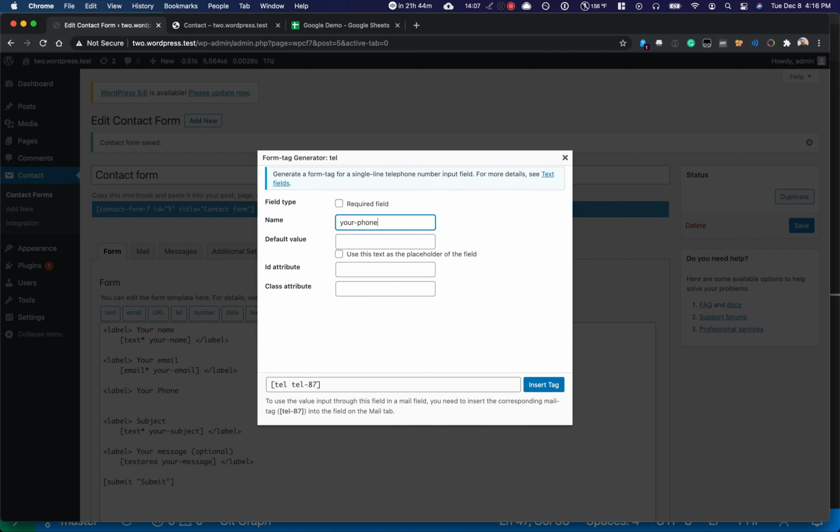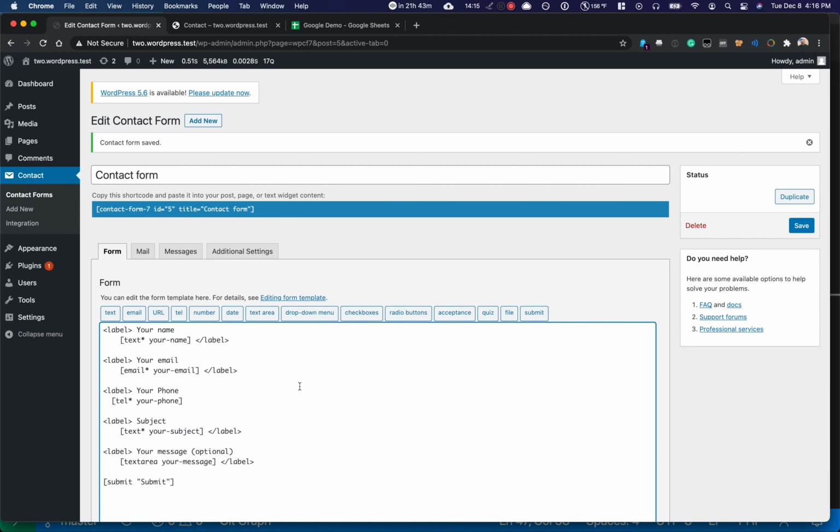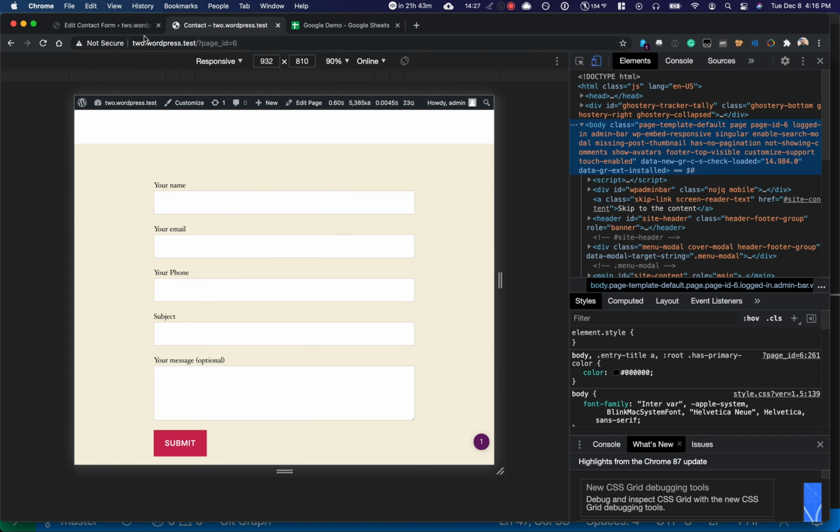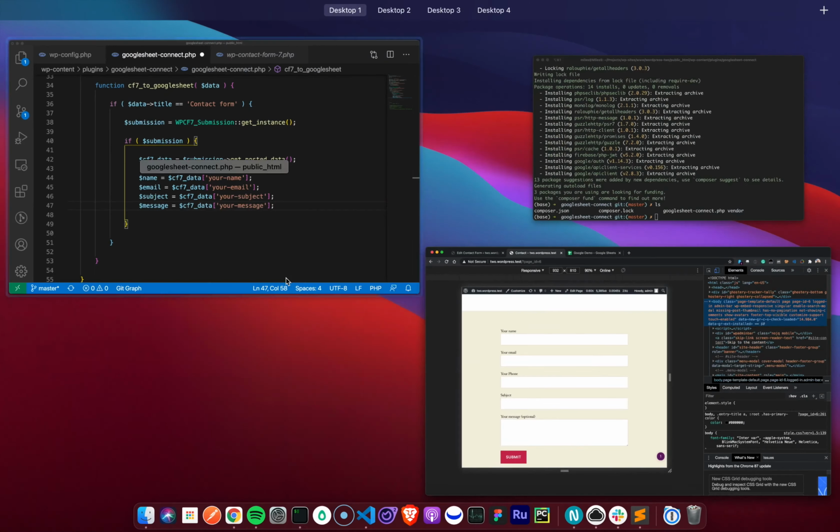We'll name it your phone, so you'll notice that down below it changes. We will make it required. We'll say insert field, and we will copy this label like so. So let's save this and let's refresh. Okay, your phone. So then back in our code,